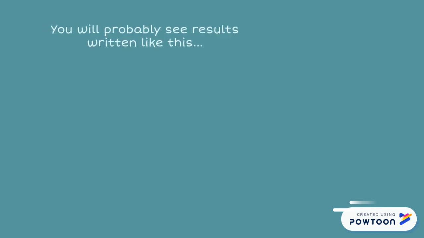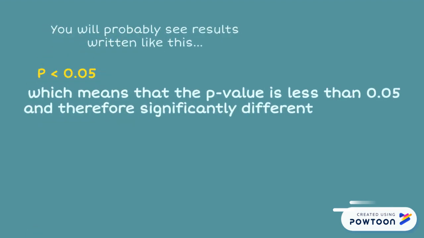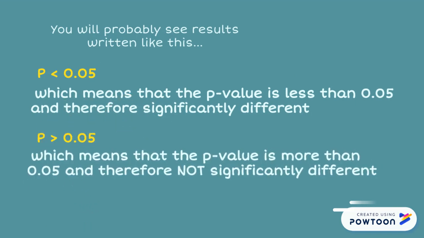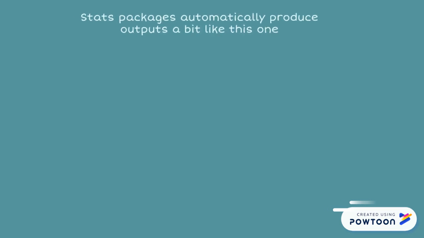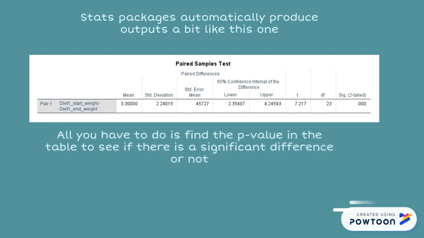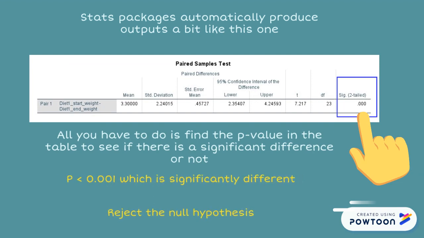You will probably see results written like this, which means that the p-value is less than 0.05 and therefore significantly different. Which means that the p-value is more than 0.05 and not significantly different. Stats packages automatically produce outputs a bit like this one. All you have to do is find the p-value in the table to see if there is a significant difference or not. In this case, p is less than 0.001, which is significantly different and allows us to reject the